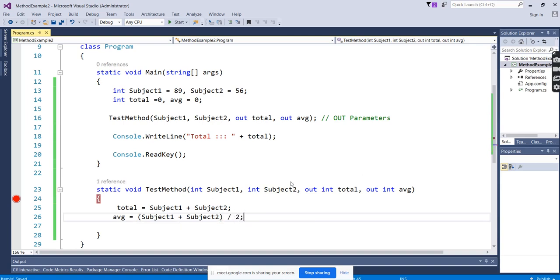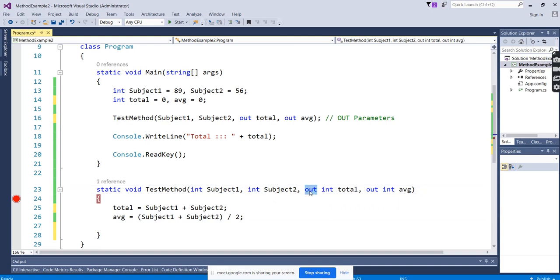Okay, now what we did, sorry, I forgot to say that when we write the out here, again we need to mention the parameter data type. That's a very basic thing, right? We gave the previous examples also. When we are calling here, we have to mention the same. Subject 1, what is the data type? Subject 2, what is the data type? Even for the out parameters also, we have to mention the data type. And before the data type, whatever we are returning, like total and average, that we have to mention for the out. And you can see there is no return type here. There is no return. We have made it void.